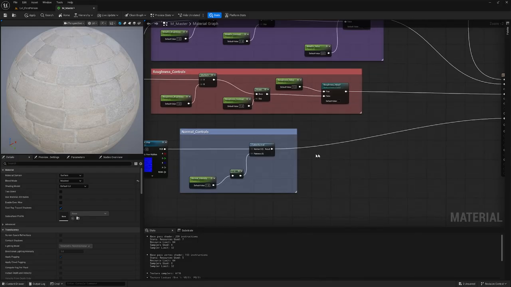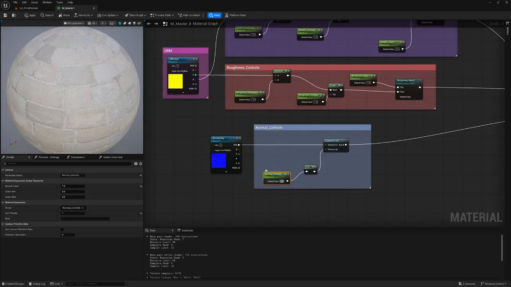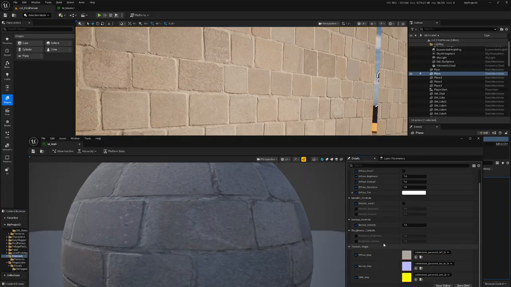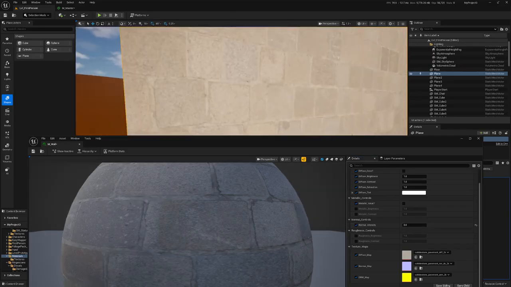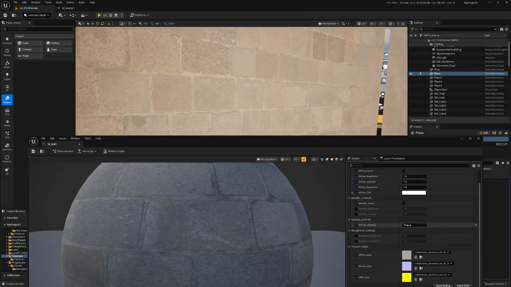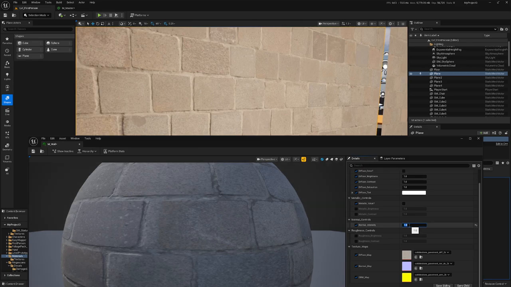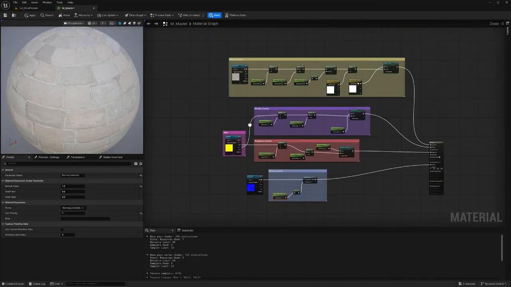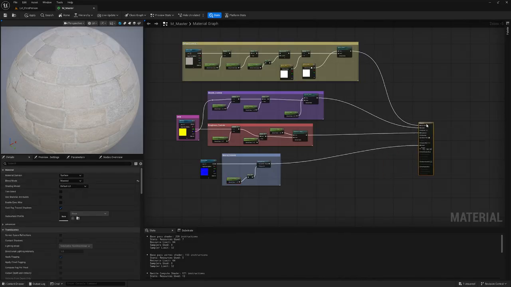If you don't want normal, you just need to put the value to 0 in the parameters, and it will disable the normal completely. Because there is nothing that you can replace with normal. You can't replace it with color or a value. So it should have a map, a value of 1 or 0. So that's it. So now we finished level 4 of our material, and you can still see that we started